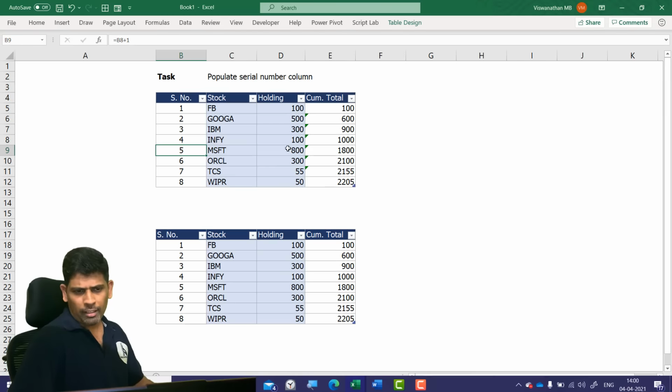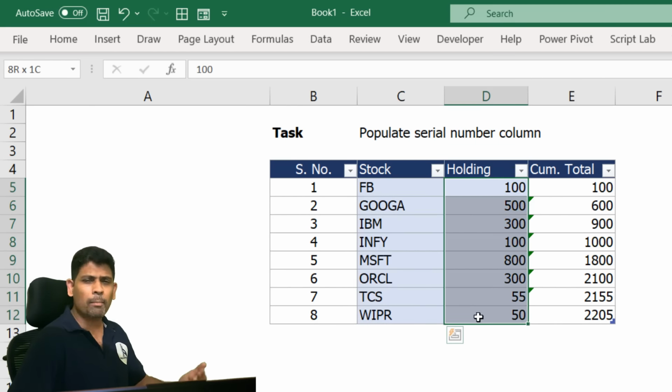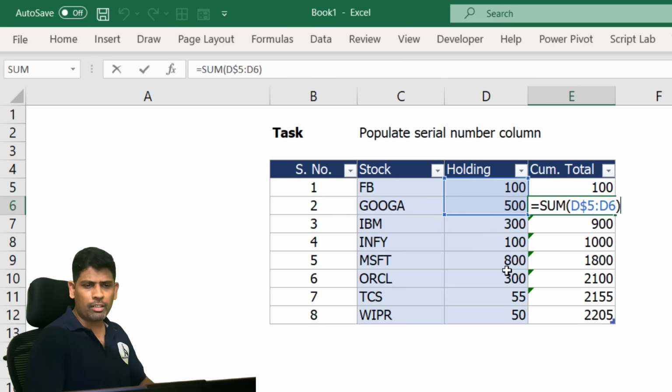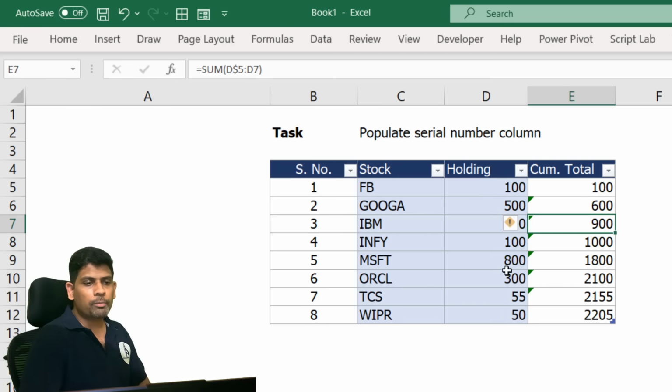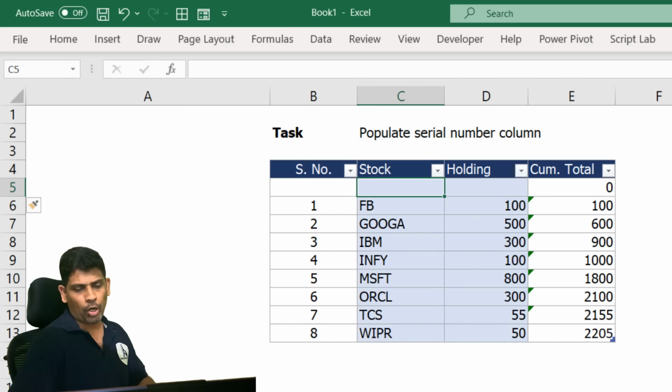So if you look at this one, I just have a bunch of stocks with my holding value, what is there in somebody's portfolio. And let's say what we want to do is get a summation of a running total of the portfolio value. In this case, is it okay to give a summation like what we would do with a typical cell reference? Not really, not even here. Why? Let us for a moment assume that I've got one more stock in my portfolio and I would like to add that stock here. So I'm going to insert a row here and I'm going to add that stock.